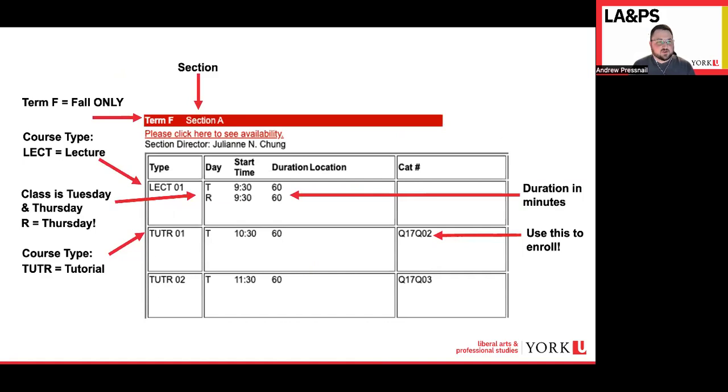So this is another screenshot of an example of a course where there is a lecture component as well as a tutorial component. And this is explaining some of the information that appears on your screen here. So I will start up here at the top where it says Term F. Term F indicates that this course is a fall course only, meaning that the course will begin in September, it will conclude in December. If this said Term Y